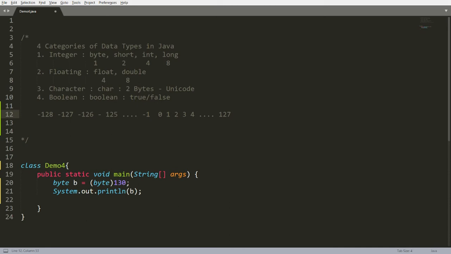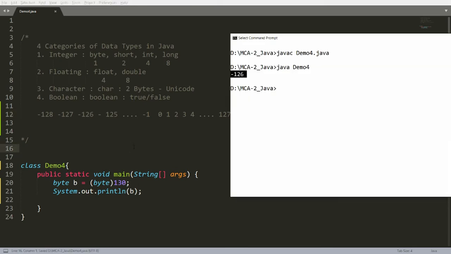Now I'm trying to store 130. It means the range is out, since 127 is the maximum limit. So what happened in this case? I want to store 130. After 127 comes minus 128, then 129 maps to minus 127, and your 130th value gives the output, that is minus 126.